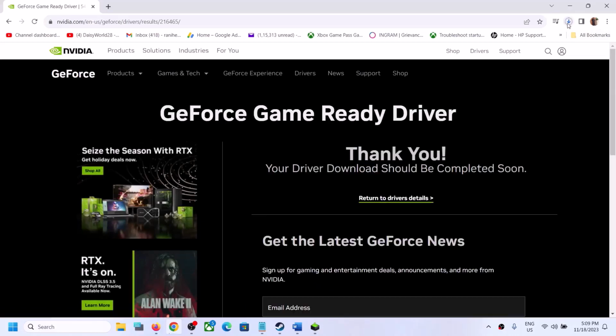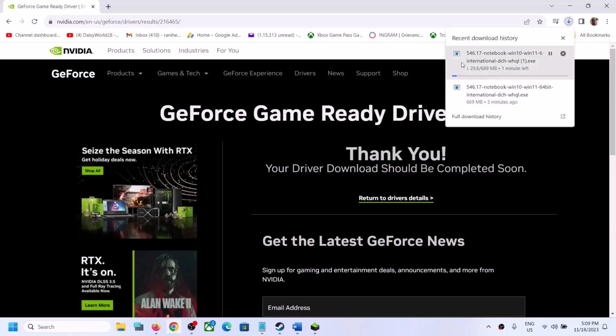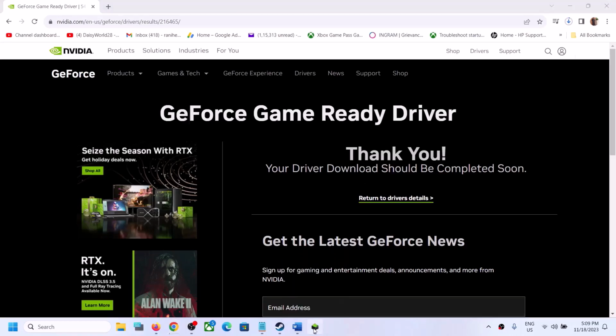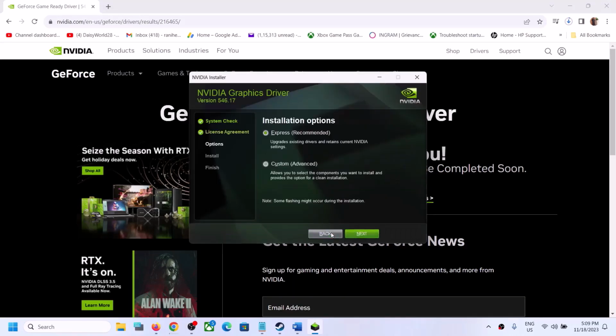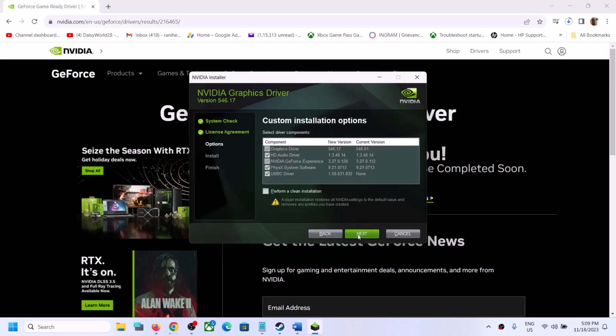Now once the download is complete, you can run this file. Once you run this file, you will see this screen. Click on Agree and Continue, and then put a check on the box which says Custom. Once you select Custom, click on Next, and then put a check on the box which says Perform a clean installation. Now this is important, so make sure that you put a check on Perform a clean installation